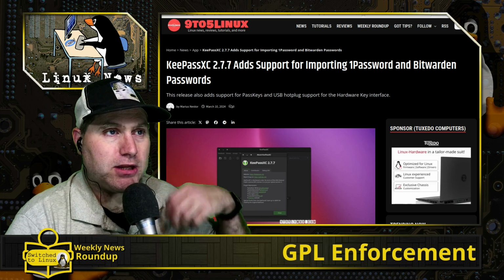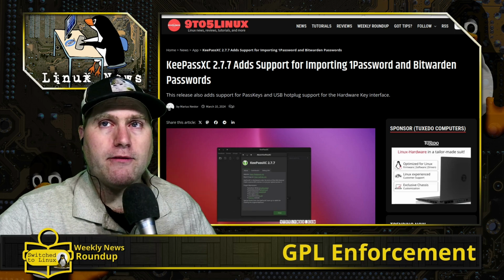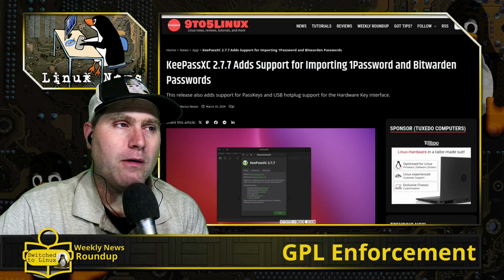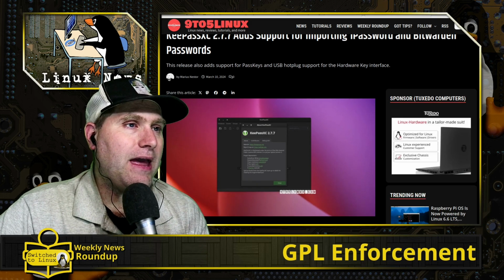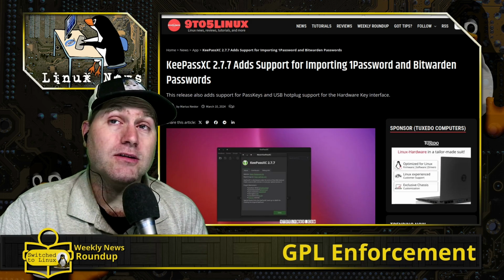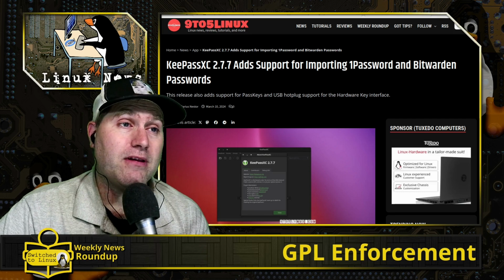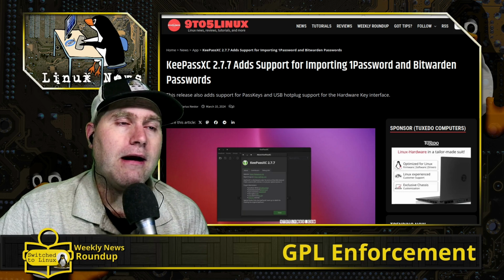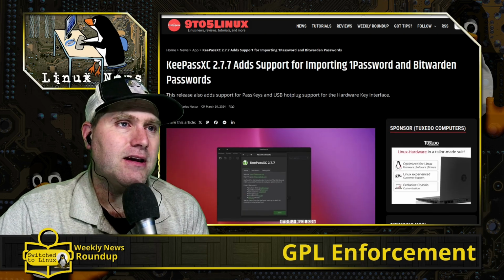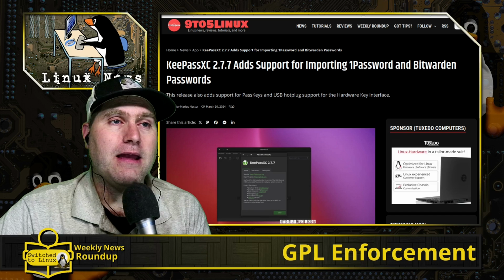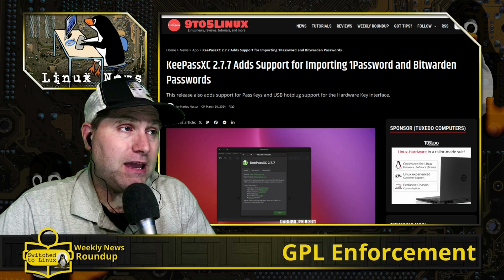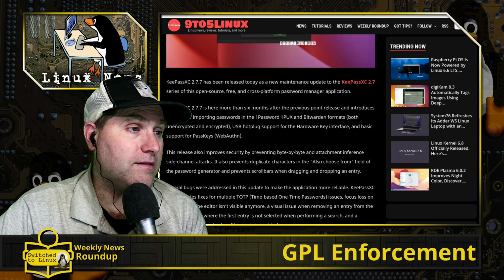The other thing I mentioned in passing, we'll just mention here, it was good enough to include in the news, is we now support importing from 1Password and from Bitwarden. So if you are using one of those two cloud-based applications and you're like, okay, I really got to move away, but man, I don't want to have to copy those passwords all over the place, you now have the ability to import from 1Password and Bitwarden's backup options. I know Bitwarden is open source, but I just don't want my passwords on any internet-based application for this very reason.